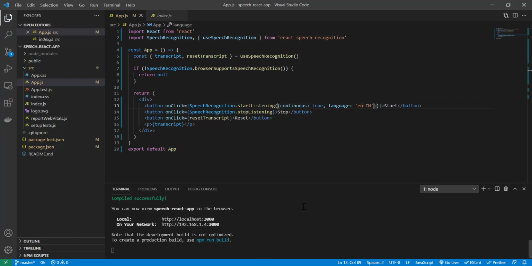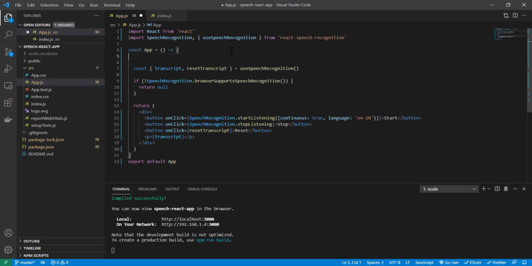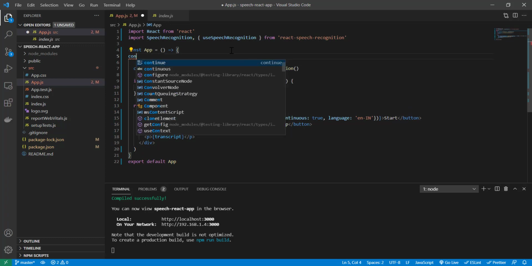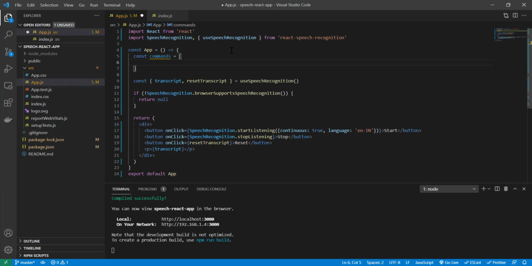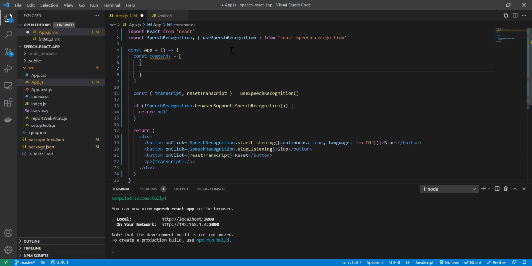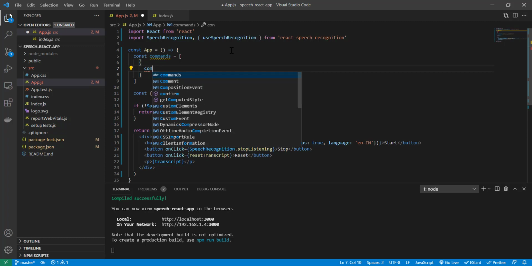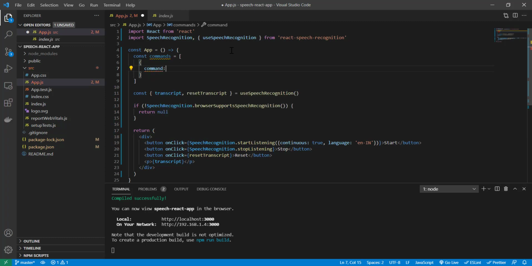So for that, we can write commands. And how can we write those commands? Here I can write const commands equal to, and in this commands we have to pass an object. The first object will be command, and let's say I am saying reset.